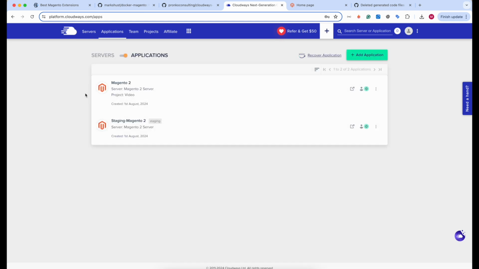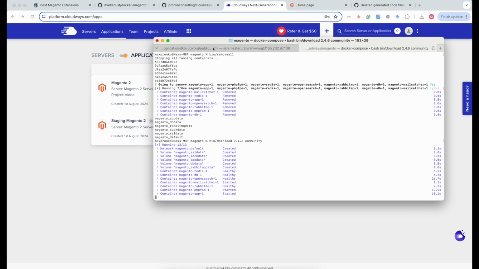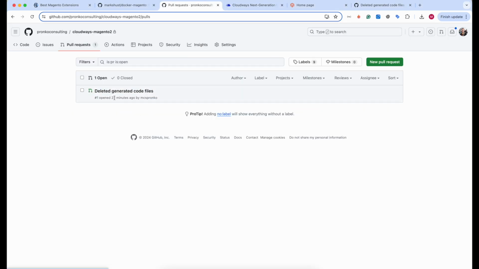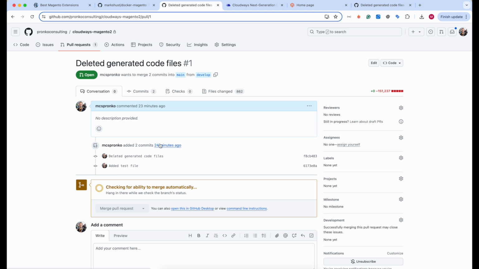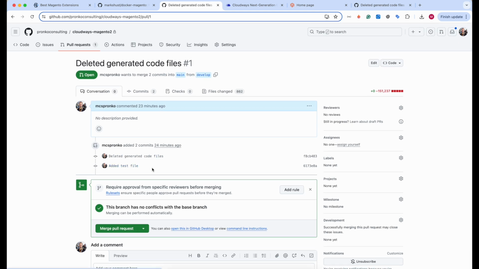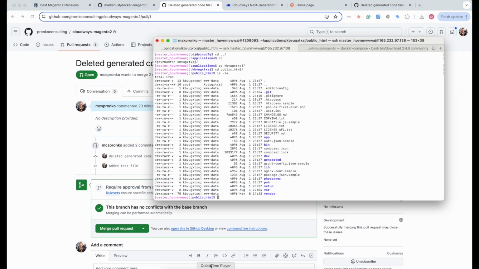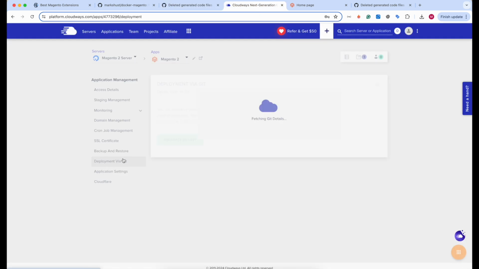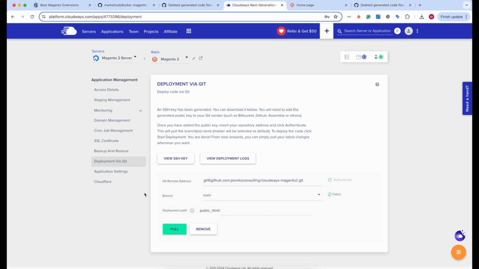Check Magento 2 and staging Magento 2. And once you've tested changes on a staging environment and you are happy with your testing results, you can go ahead and create a pull request, review this pull request, merge this pull request to main branch, and you can go back and navigate to deployment via Git and hit pull, and in this way you can deploy changes to the production environment,